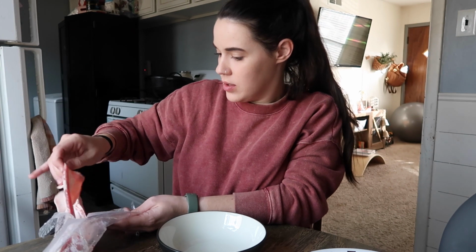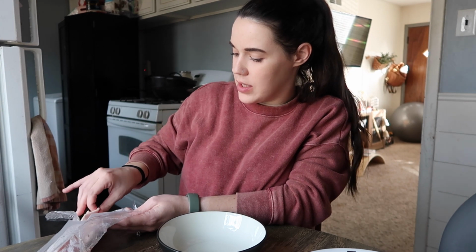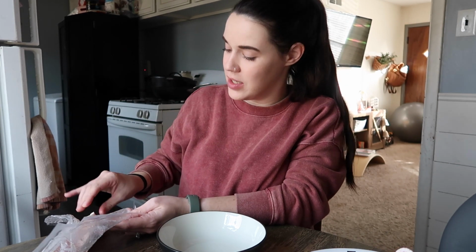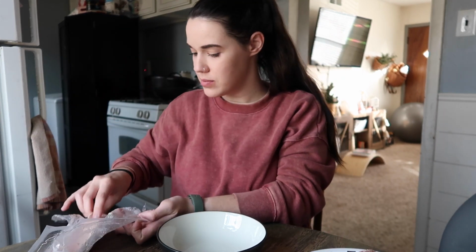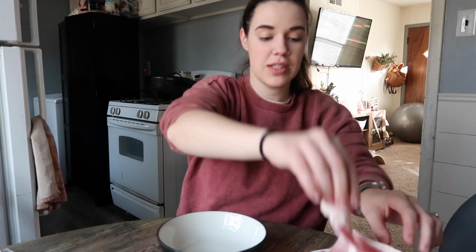So getting all the bacon out now, and I'm going to dice it up, and then I need to dice up the carrots and onions, which, I'll be honest, knife skills are not my strong suit in the kitchen. That's something I've really noticed I would like to get better at and work on with kitchen skills, is my knife skills in general. I feel like it takes me forever to dice things up and cut things. So that's something I would like to work on soon,